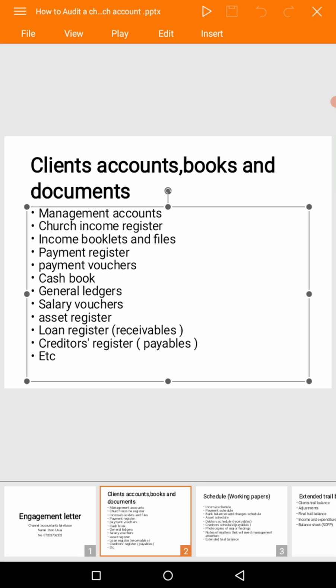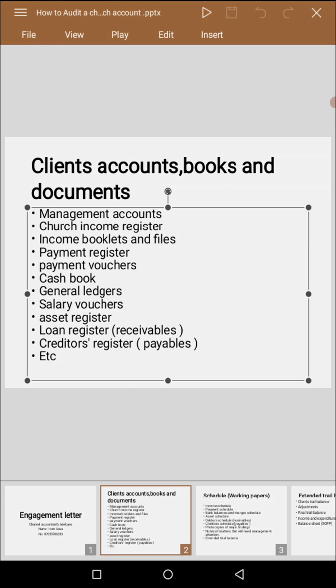You may also have the cash book. The cash book is actually the movement of inflows of money coming into the church and money going out of the church, so that we can always know that, okay, at the end of the week or the end of the month, this is what the church has. We have collected so and so during the week, we have spent so and so during the week, and this is what is remaining. So I think that is what the cash book will help to do, just to record money coming in and going out.